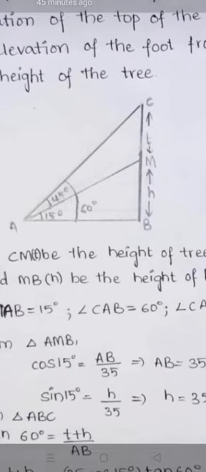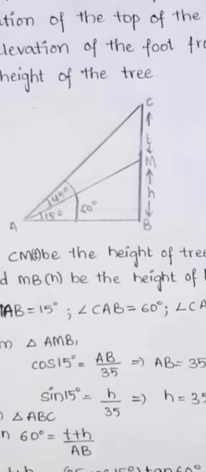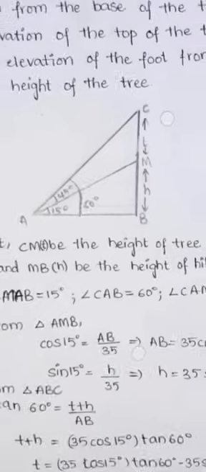H plus T. BC bar length is what now? H plus T. So AB bar we would get here, and we have the AB bar value also here. So let us check. tan 60 degrees is equal to T plus H by AB bar. So we have the AB bar value and the H value. These two values are going to be substituted in this equation. So what would you get?